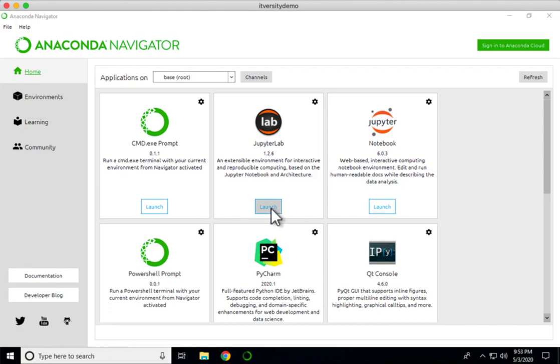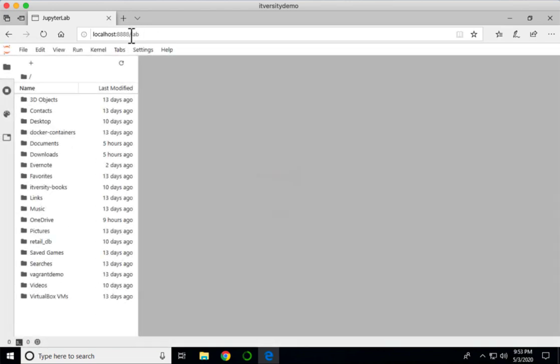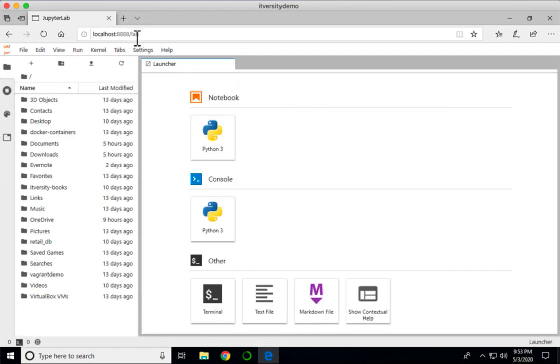However, when you click on launch for Jupyter Lab or Jupyter Notebook, it will start a web service on port number 8888 by default, and also it will redirect it to the browser. And then as part of the browser, it will take us to the web service with /lab if you use Jupyter Lab, and it will actually take us to the folders which are part of the home directory. So these are the folders which I have as part of my home directory for the user, which I have used to log into this Windows machine, and you can see all these subfolders.